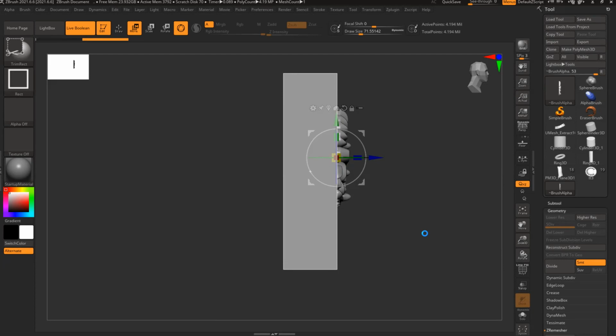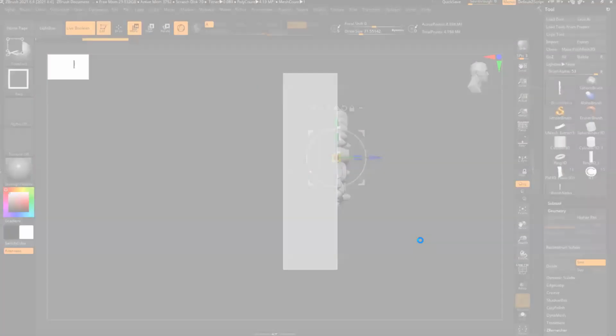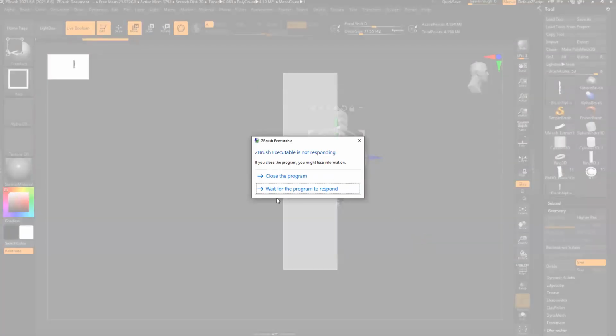Okay, it's working. Still working. But yeah, I should have reduced the poly count first.